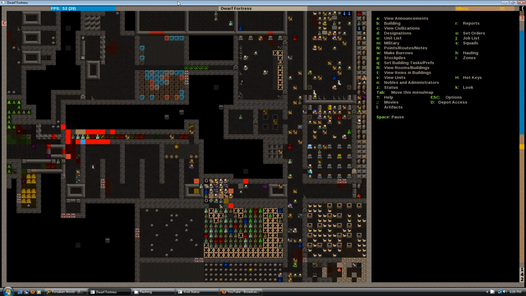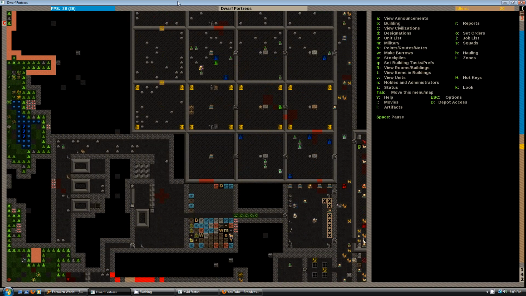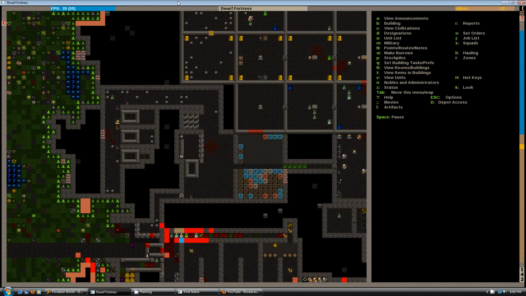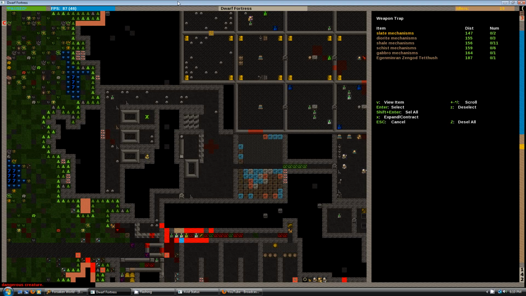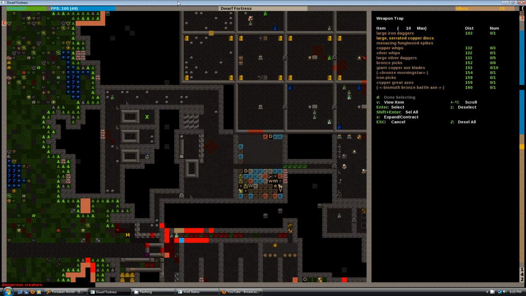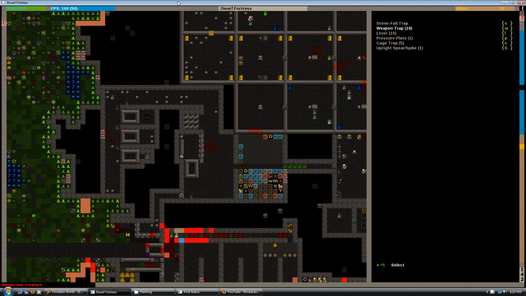And speaking of which, weren't we gonna make our old test traps out? Alright. What was I gonna make? Build T, capital T for trap, weapon trap. How many? 1, 2, 3, 4, 5, 6. Alright, and